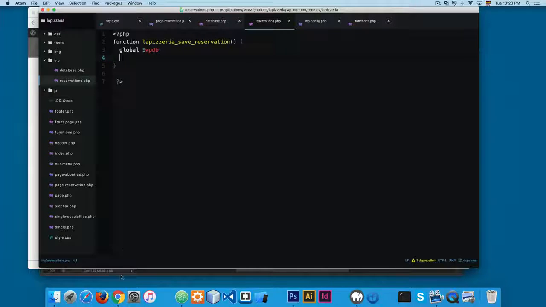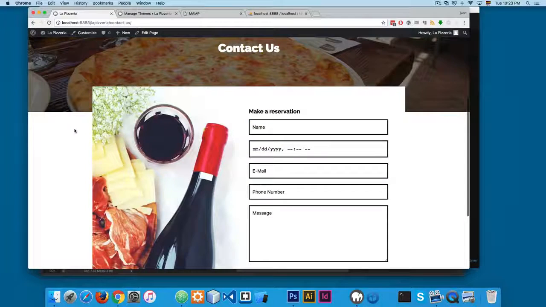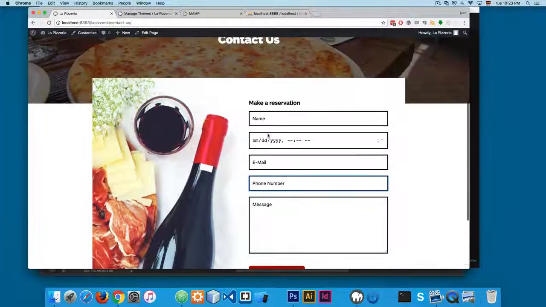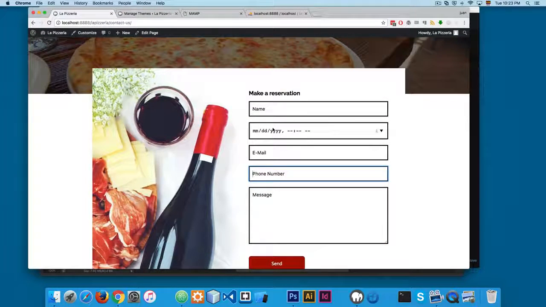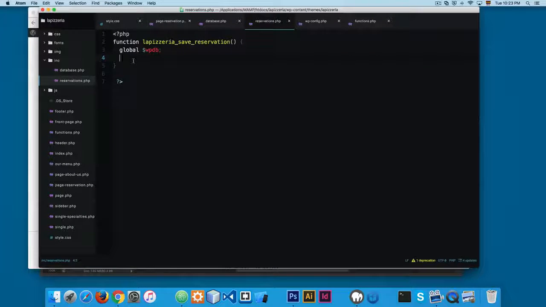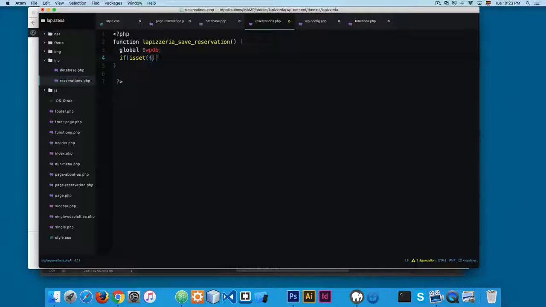So WordPress uses something called event-driven architecture, and for example, when a user submits a form like this one, the user is performing an event, so WordPress reacts to that event. These days, the term MVC, model view controller, is really popular, but WordPress uses the event architecture. So for example, we're gonna be using something like an if isset post